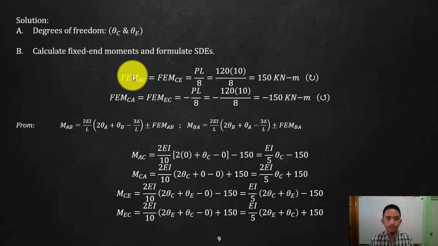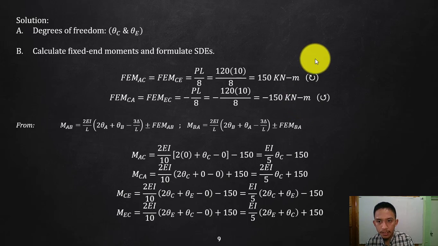Okay, so FEM, member AC. Your member AC, your A is your left side point. And then again, as I've said, since member AC and CE have the same length and the same type of loading, the fixed end moments are the same. Let's focus on your member AC. So the first point is your A, the left point is A. FEM AC is equal, since that is the same as your CE, where the first point is C for member CE, so that is equal to, wait, this should be